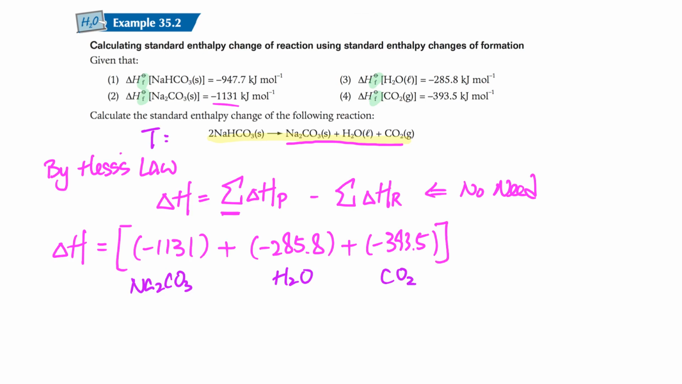So this will be the product, and then you minus, very important, minus the reactant. On the reactant side we have sodium hydrogen carbonate, but pay attention, we have 2 sodium hydrogen carbonate. For the rest, it should be 1, 1, 1. So I multiply this one, but for this one I have 2, so therefore I will have sodium hydrogen carbonate, which is negative 947.7 times 2. By solving these equations, you will be able to find the answer, or the answer should be